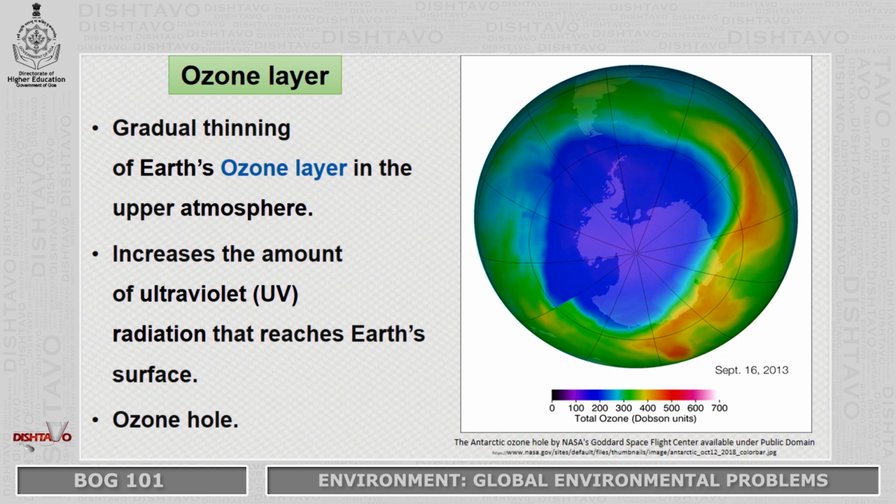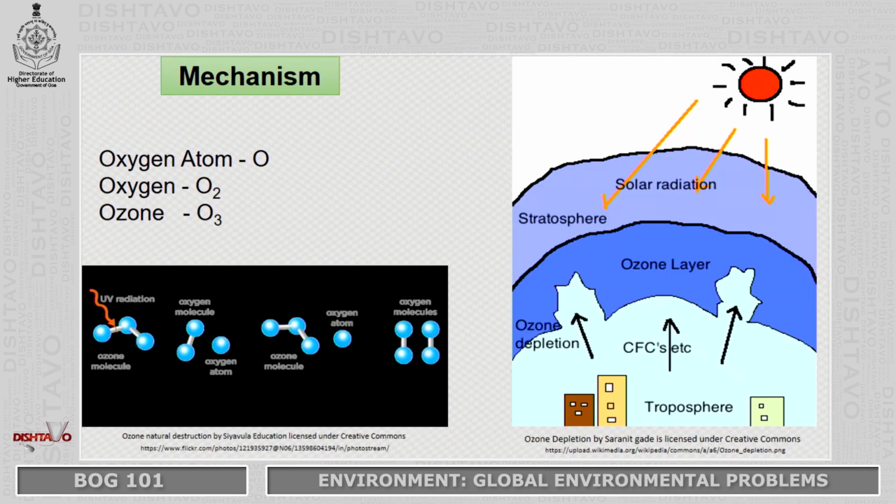The problem that has taken place, the thing that you can see over here, is a big hole, and that is called the ozone hole. This ozone hole can be seen over Antarctica, where the ozone layer has been seen as a big hole. That is, the rays can now directly come onto this earth through this hole. It will not exactly be a big hole, but the concentration of ozone is depleted in that area, and that is how the rays can come down.